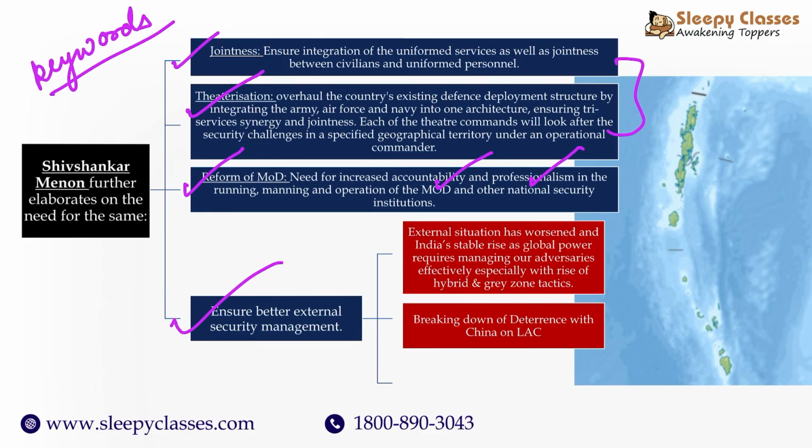Plus, they say look at the fact that traditional forms of managing crisis are now breaking down. Both India and China are nuclear powers, and deterrence was seen as one of the ways through which conflict could be avoided. Yet there have been outbreaks of conflicts between India and China on the LAC despite both being nuclear powers. So deterrence, or the importance of deterrence, has deteriorated in the current scenario.